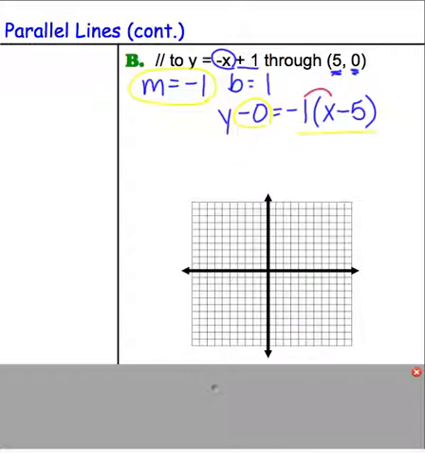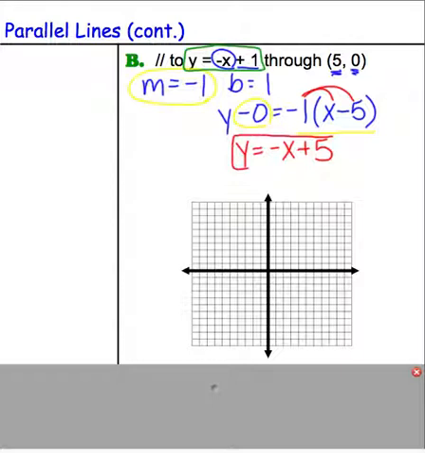So when I go ahead and distribute that -1, I get y equals -1x, or -x. -1 times -5 is +5. So now I've got my new form, and so I'm going to graph my first one in green and my